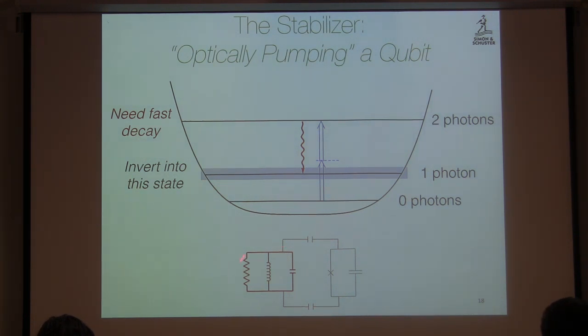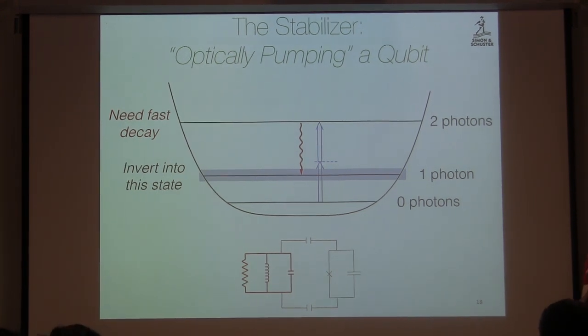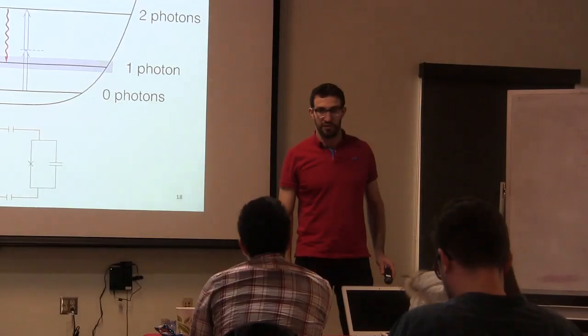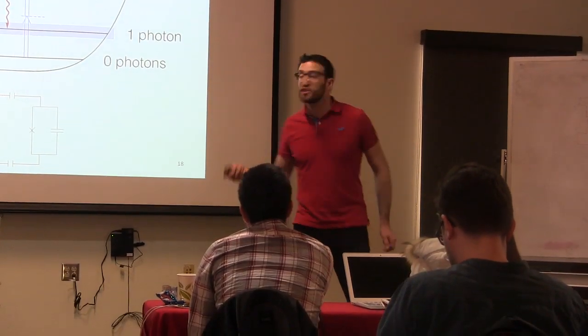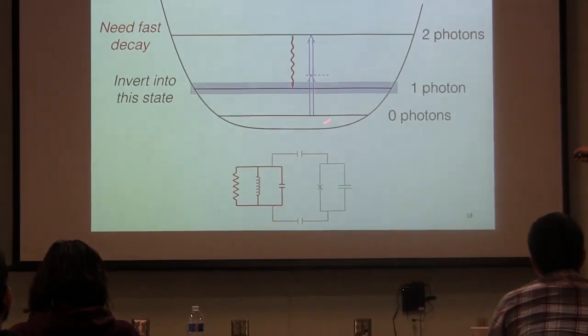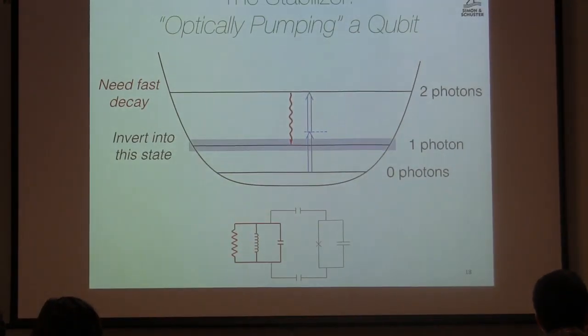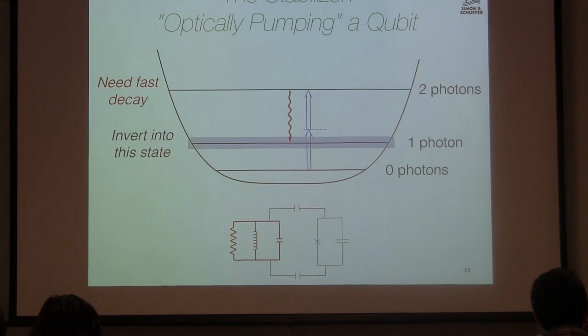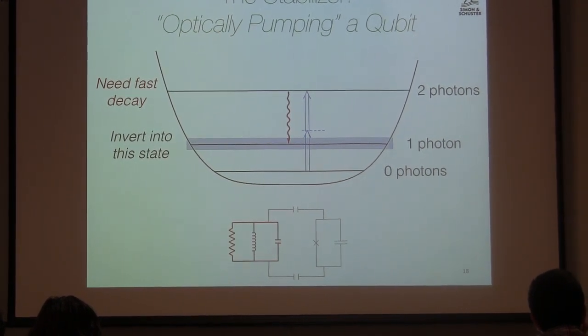Because if this cavity isn't at 0 temperature, right, it can actually put photons back into the system. And so now, you actually have a direct thermalization, intentionally, with a reservoir which is at the temperature of the dilution refrigerator, but not at the chemical potential of the dilution refrigerator. Right? The chemical potential of this reservoir is the energy of the 0 to 1 transition, more or less. Okay? So it's narrowband, it's not quite the same as a chemical potential, but,